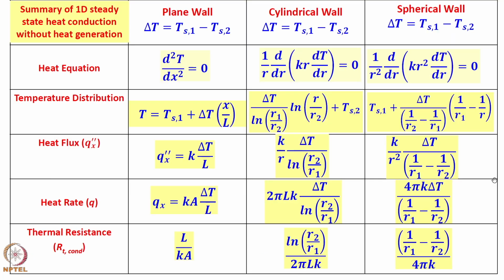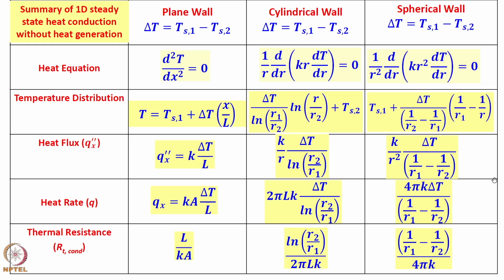In the last module, we looked at critical radius of insulation, and we did a small problem where you could see the effect of the critical radius on the heat transfer. So, if you are below or above the critical radius, how the heat transfer is going to vary. Just continue with the 1D conduction further. This is a slide which is going to give you the whole view of whatever we have done today. Okay, one dimensional heat conduction equation without heat generation, plane wall, cylinder, sphere, temperature distribution, heat flux distribution,